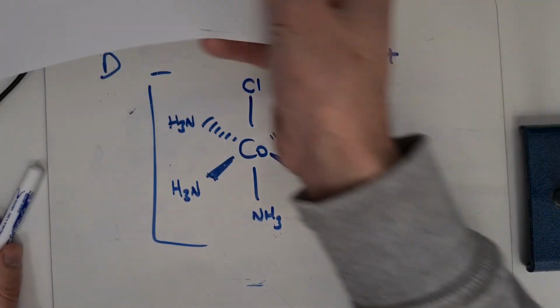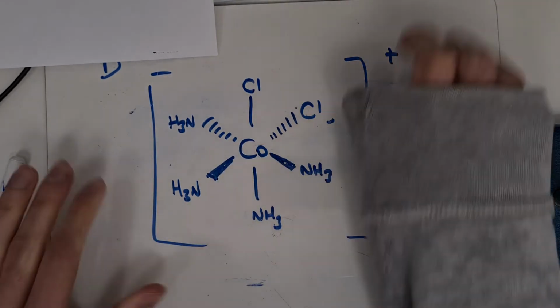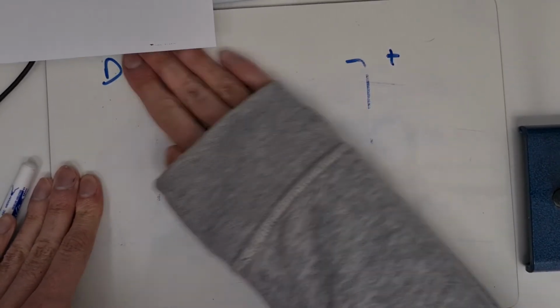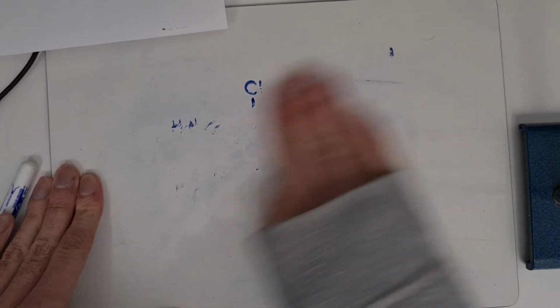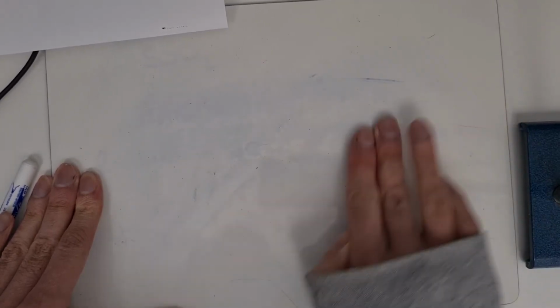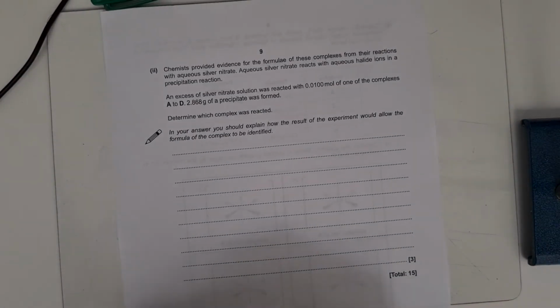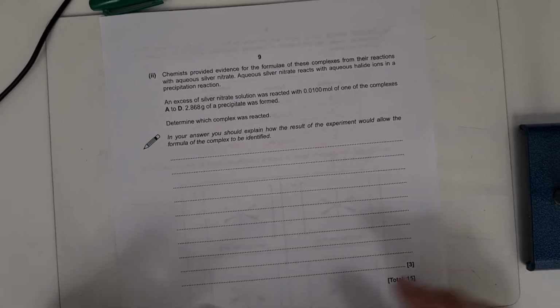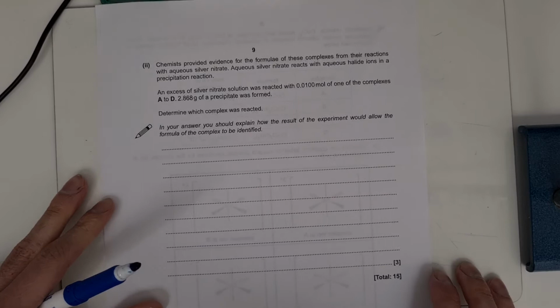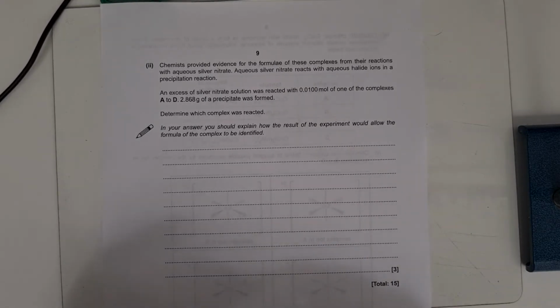In part 2 then, we've got a bit of an analysis question, and it's worth 3 marks. It's always worth writing down everything that you know on these. So in the question, chemists provided evidence for the formula of these complexes from their reactions with aqueous silver nitrate. Aqueous silver nitrate reacts with aqueous halide ions in a precipitation reaction. So we've got an excess of silver nitrate solution reacting with 0.01 mole of one of the complexes, A to D, and we form